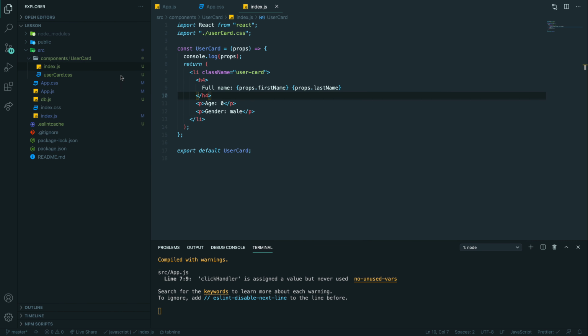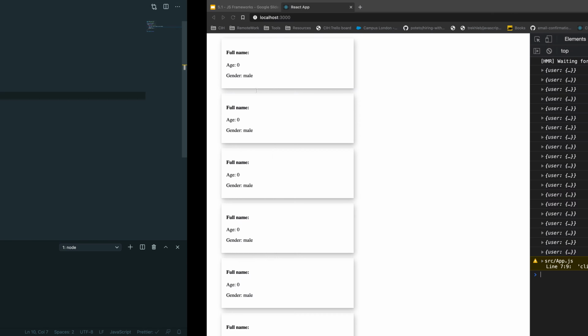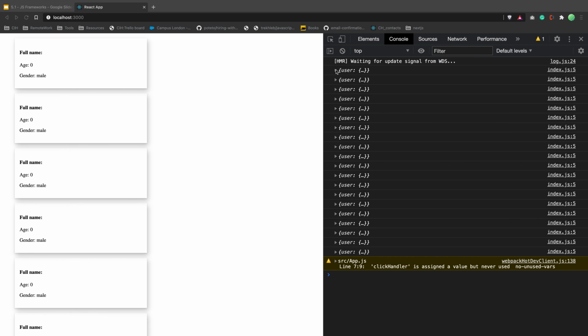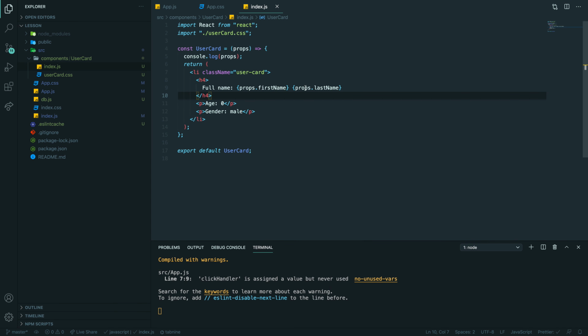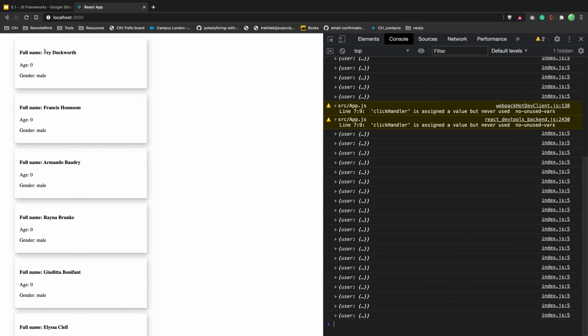Why don't we have props? Because it is inside user, right? So props dot user last name, right? So now we have our names for each.